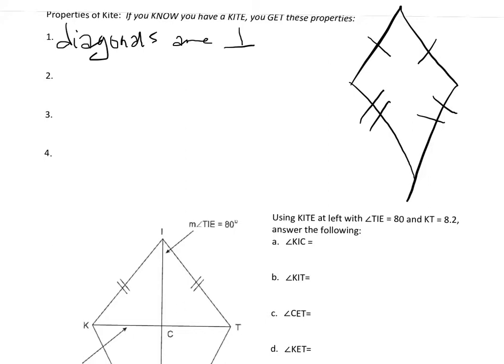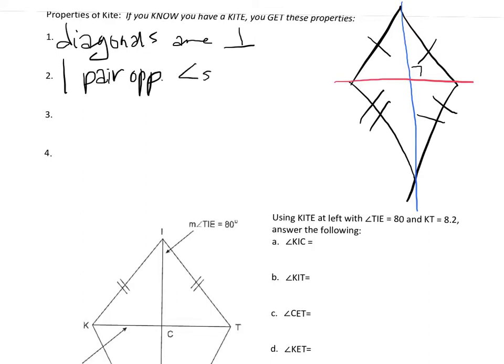That's to say that if we had a diagonal from this side to this side, and a diagonal from this side to this side, that is a right angle, so they are perpendicular. The second property is that one pair of opposite angles are equal. So that would be this angle and that angle. And we can think about it as, if we think about that blue line that's going right down the middle,